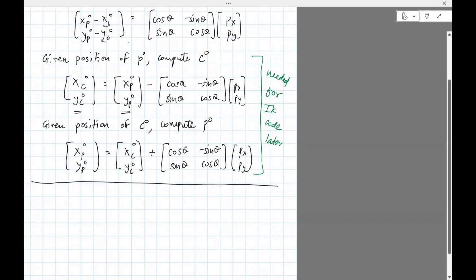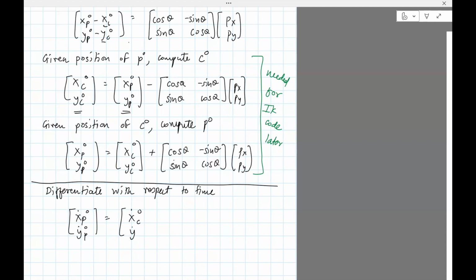Okay, that's fine, but remember we don't have access to xp, xc and yc because the equations of a car are written in terms of velocity. So we'll differentiate with respect to time. So the top expression, we can compute x dot p, y dot p equals x dot c, y dot c plus